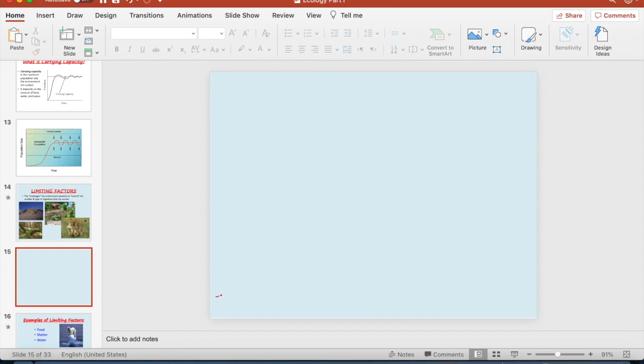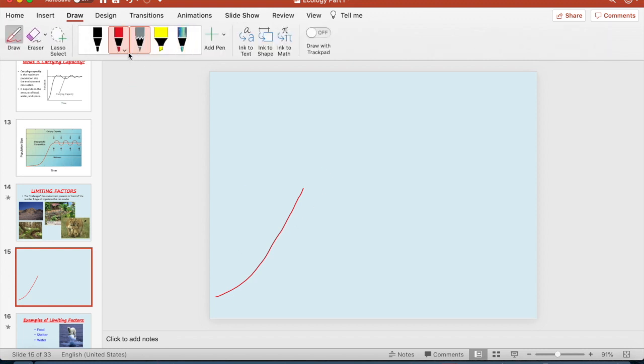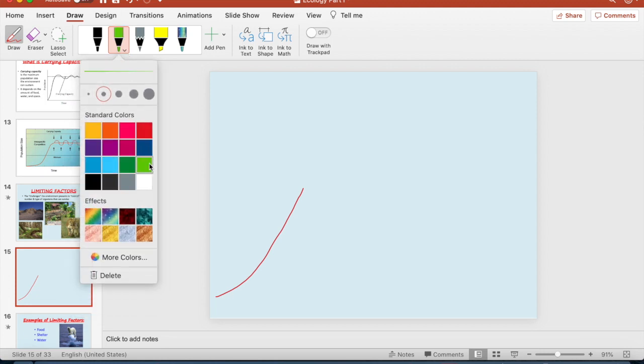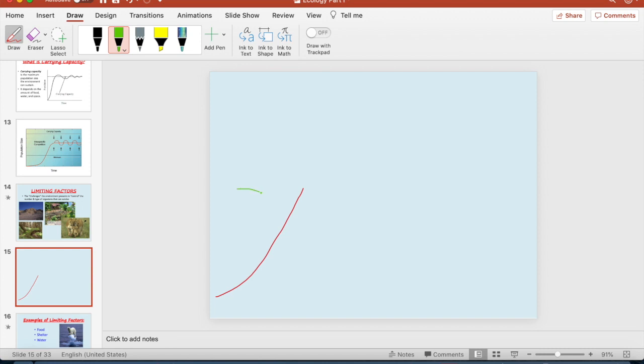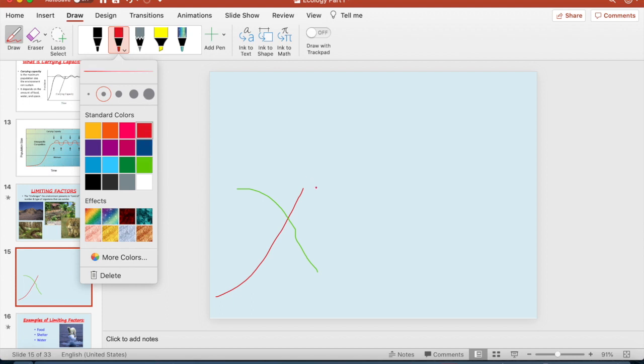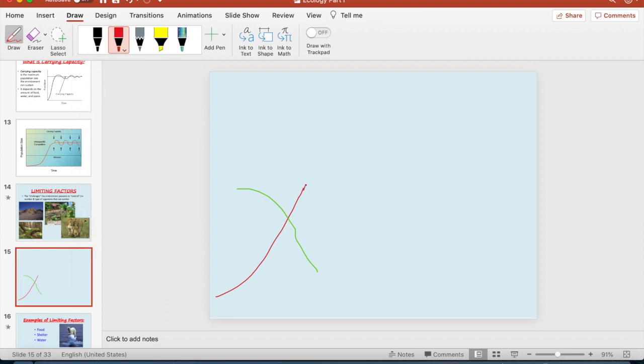The finch population is going to go up, up, up, up, up, right? While this is going up, what is happening to the food? What's happening to all the different seeds? There's a lot of seeds to begin with. Now they're eating them, so the number of seeds is going to go down. Now, as there's not a lot of food left, what do you think is going to happen to all the finches? Their population is going to slow down. There's not that much food. You've got to eat to survive. So now their population is going to start going down.